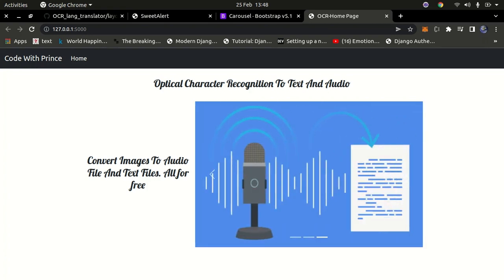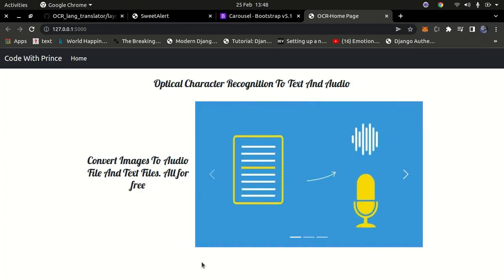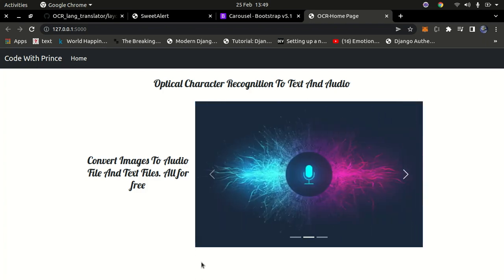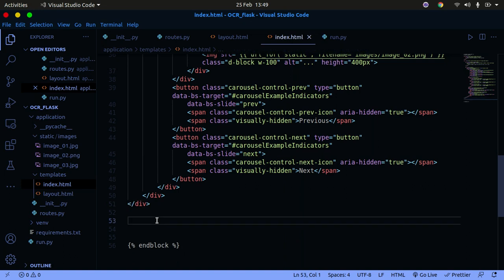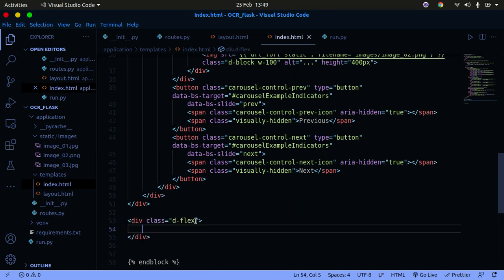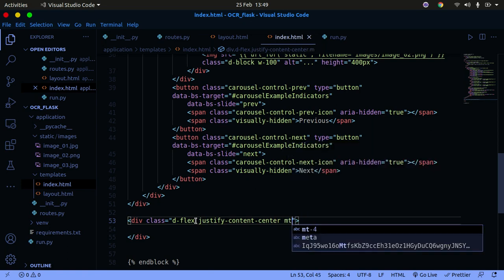Great. So now what I want to do is create the two buttons that users can click on to be directed to the place where they can upload their images and get the character recognition done. What I'm going to do is go below this, and I'm going to minimize this. In here I'm going to have another div with d-flex, and we're going to say justify-content-center, and then margin top of